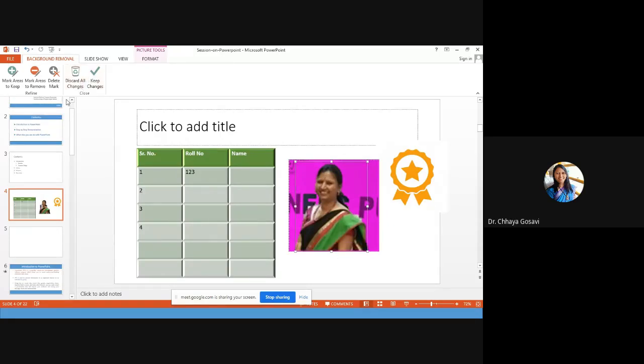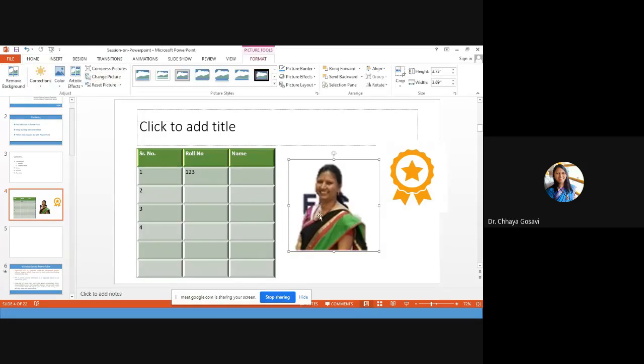I have marked the area to remove, and then mark area to keep. So this marked area I want to keep. Whatever area I selected stays as it is, and the rest of the background gets eliminated.